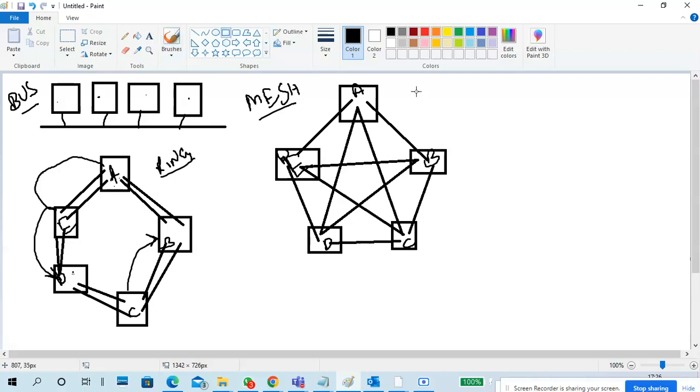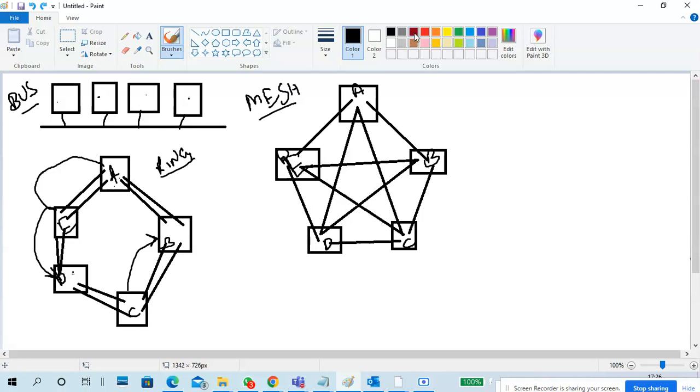What is not scalable means you put one more device. Again, however many devices are there currently, that many connections you have to create. So connect like this, connect like this, connect like this. It means the entire wiring is demanding. Compared to the number of devices in the network, the number of wires is more. The clumsiness of wires increases. Okay, it's difficult to troubleshoot, but it is very highly redundant.